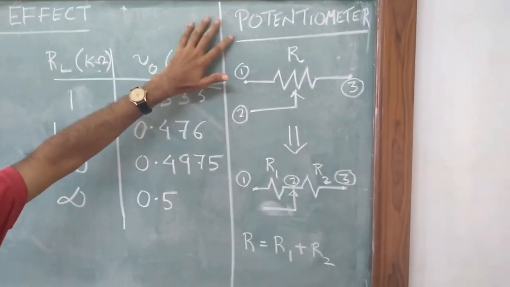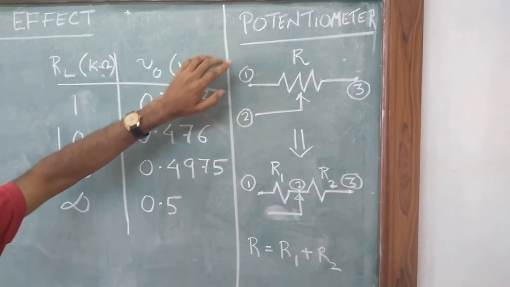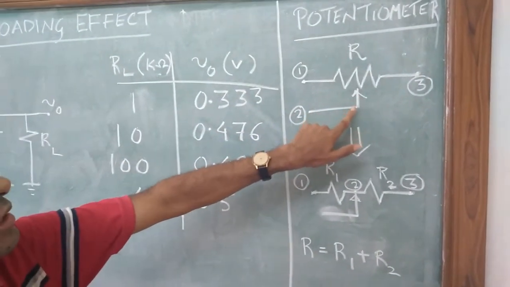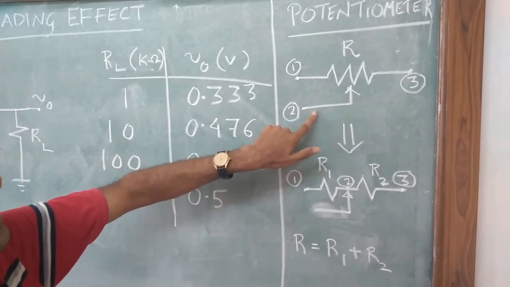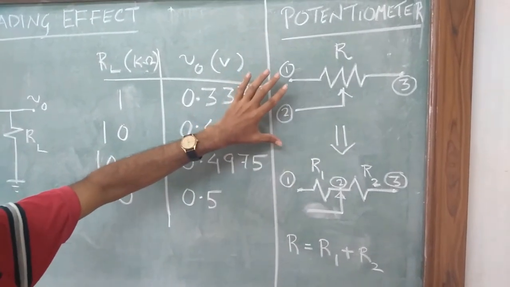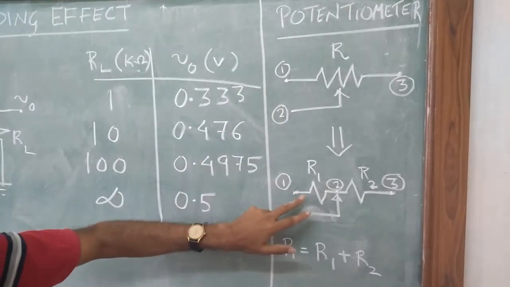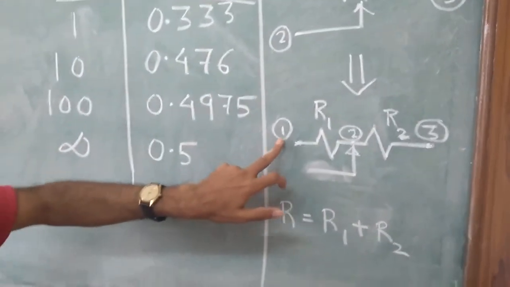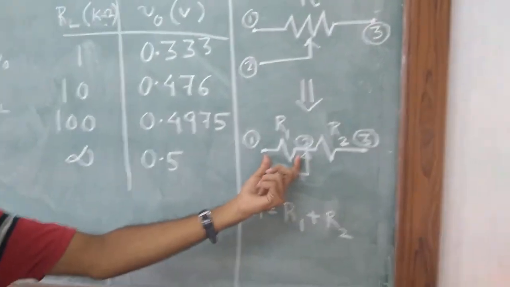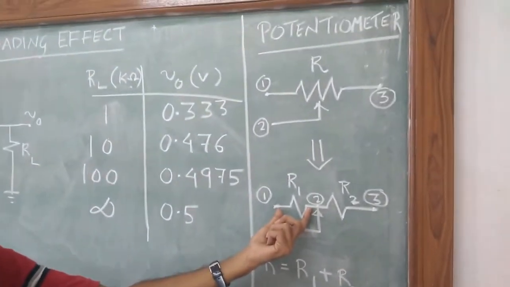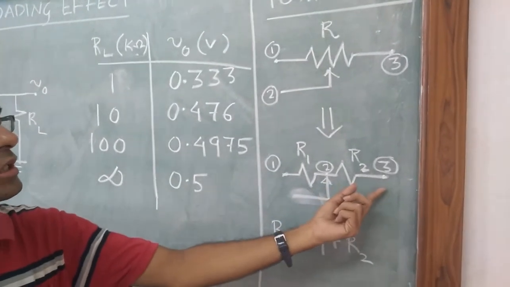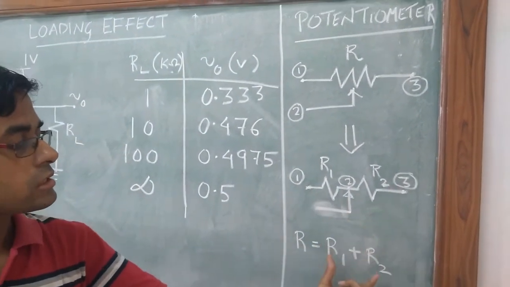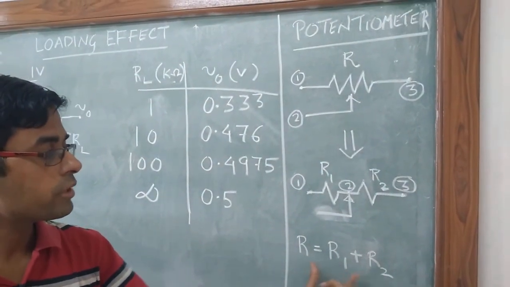Last part is that of the potentiometer. This is the basic circuit symbol, where the wiper is represented by this particular symbol, and what you can do is you can always break it up into two resistances, where the nodes are given by between 1 and 2. You can refer to this as a resistance comprising a value R1. Between 2 and 3 there is a resistance of value R2, and the net resistance R1 plus R2 becomes equal to R.